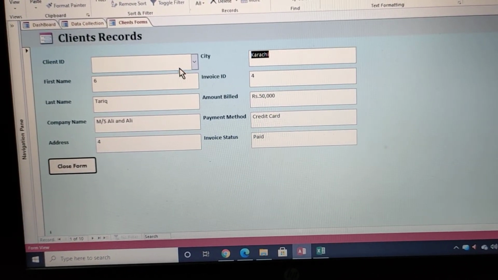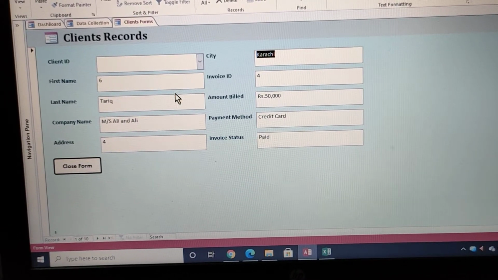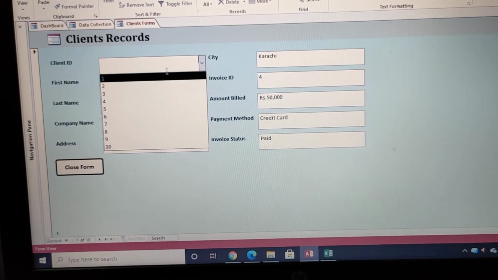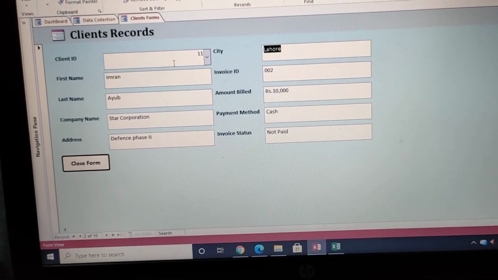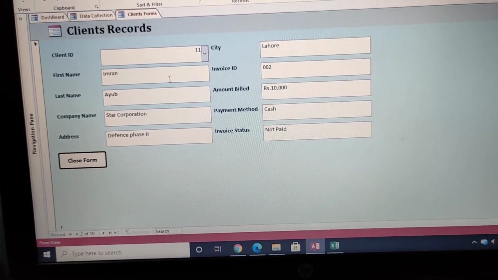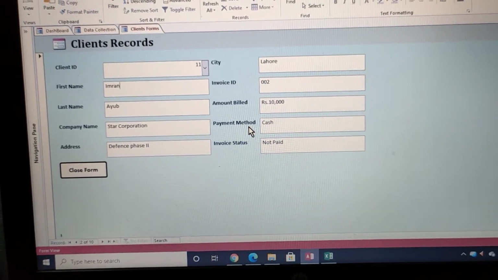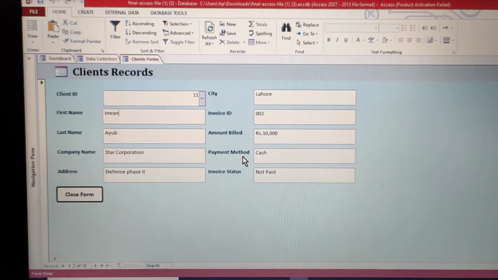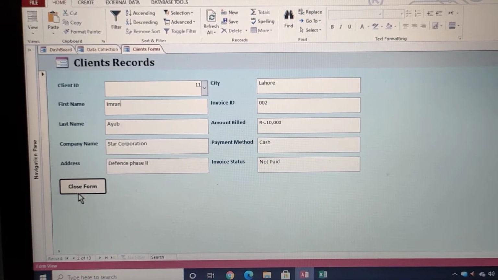For instance, if you have to enter a new record, you just enter the new ID. 10 IDs are filled up, so you're going to start with 11. Now you're going to enter the first name, the last name, and the company name. If you don't want to add it, you can skip it. And here you can enter the details of the client.